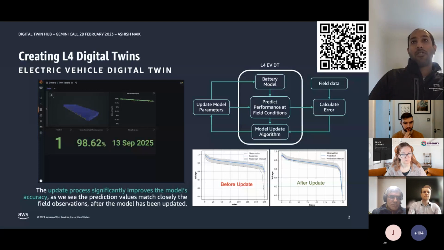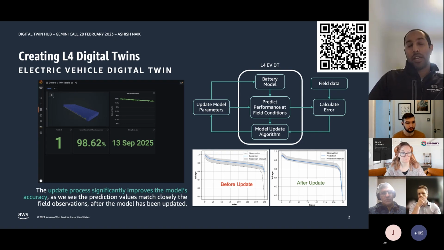the battery health. So the goal was to be able to update a digital model of the battery that was specific to the user, updated with operational data, with field data, to continually update those model parameters. The goal was to increase the individual's model accuracy as they get more used to their car. Once deployed in production, this will give them the ability to dramatically enhance the user experience by providing highly accurate estimations.